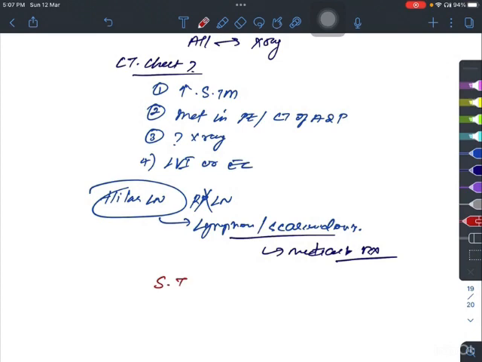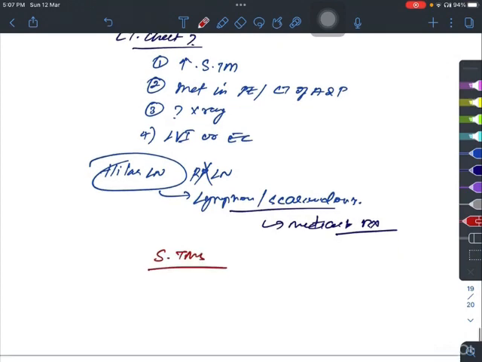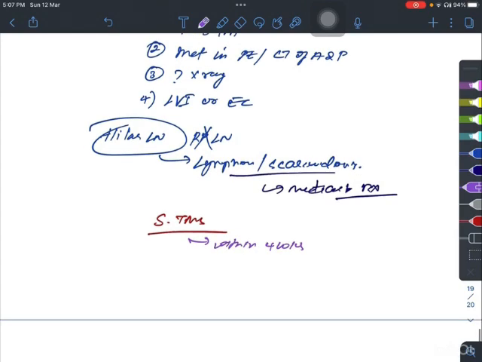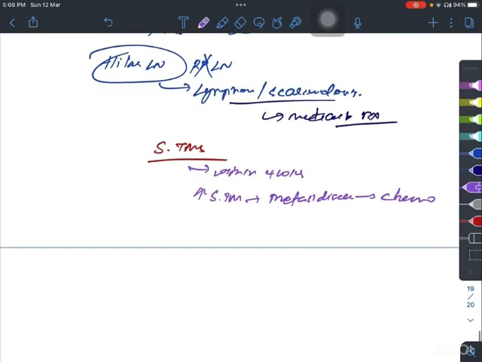Some points about serum tumor markers. These serum tumor markers are done within 4 weeks of orchidectomy. If there is persistent serum tumor marker elevation, it indicates that it is a metastatic disease, so we can go directly for induction chemotherapy. For metastatic testicular tumor,